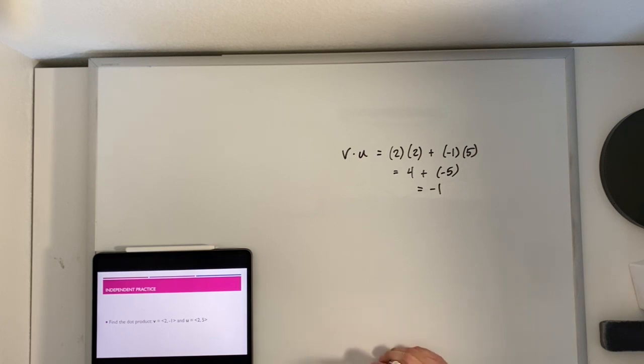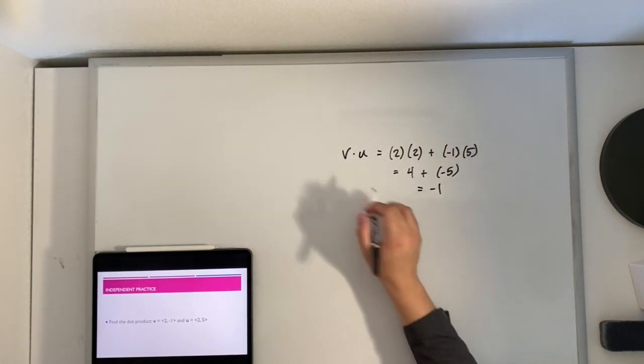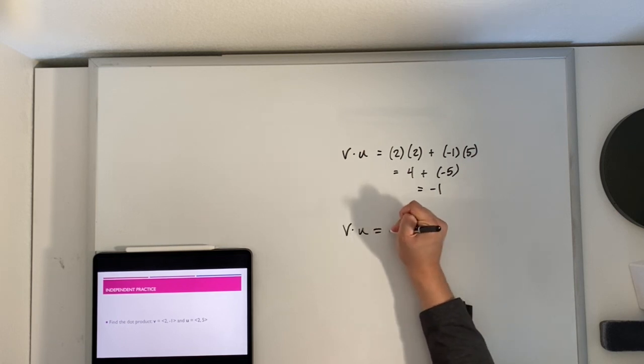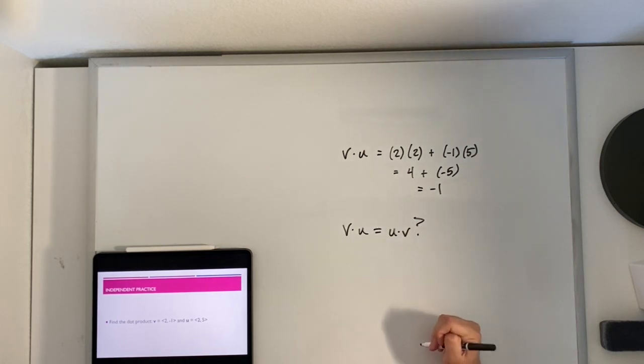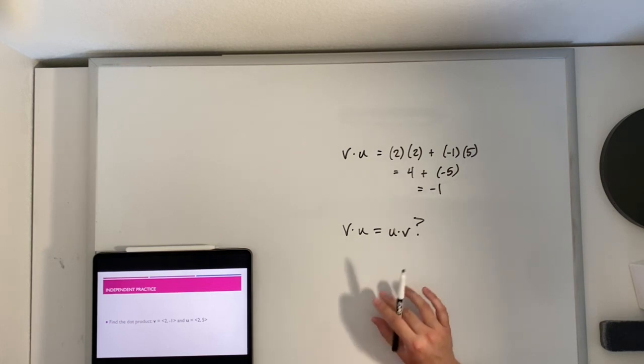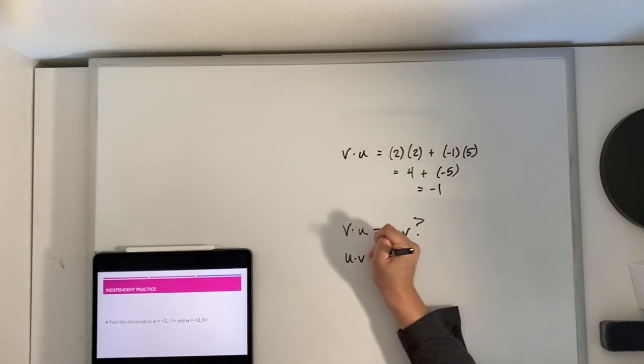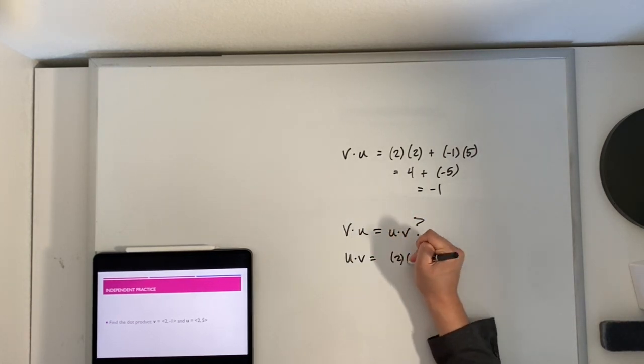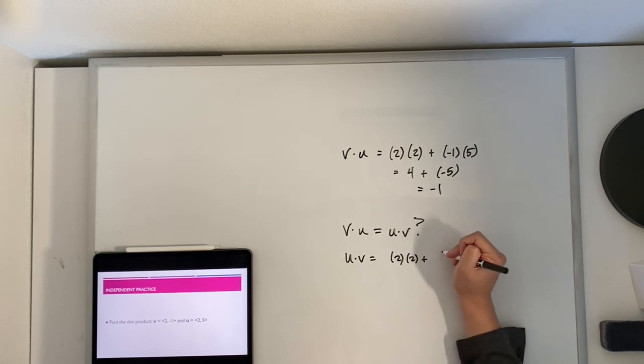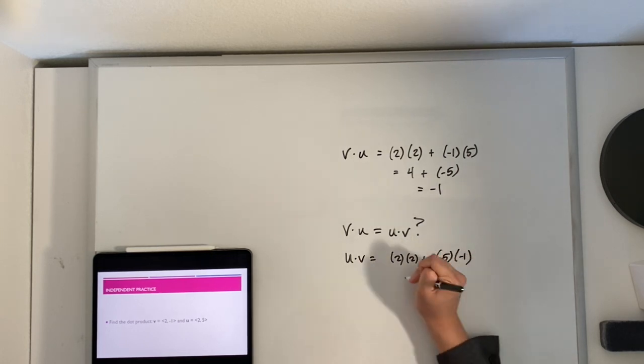Okay. Now, a great question, especially for those of you who are actually paying attention to these videos, I would listen up, because this seems like a question I'd put on the exit ticket, perhaps for a highly proficient score. Is v dot u the same thing as u dot v? That's an excellent question, and it turns out that they are the same. And the reason for that is if we do u dot v for the same problem, 2 times 2 plus 5 times -1,